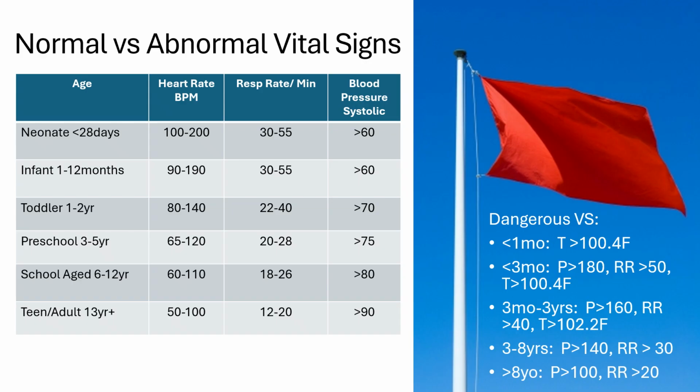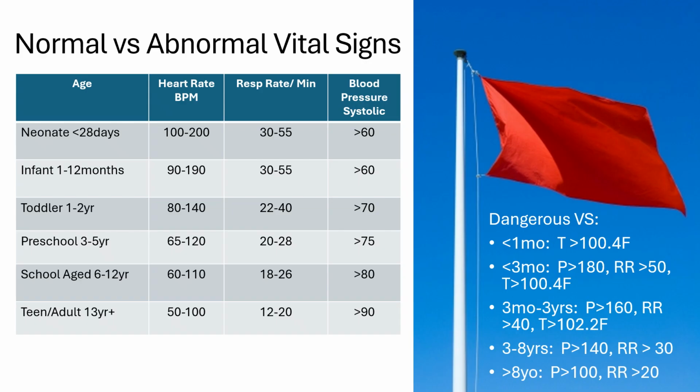Where we want to pay attention is on the right-hand side by the red flag, where it has the dangerous vital signs. So if you're rooming a patient and the patient is less than 1 month old and they have a fever of greater than 100.4, that's a red flag. If they're less than 3 months old and their respiratory rate is high, their pulse rate is high, or they have a fever, that's a red flag. Same thing with a 3-month-old to a 3-year-old. And then if you have a 3 to 8-year-old and their pulse is high, their respiratory rate is high, again,